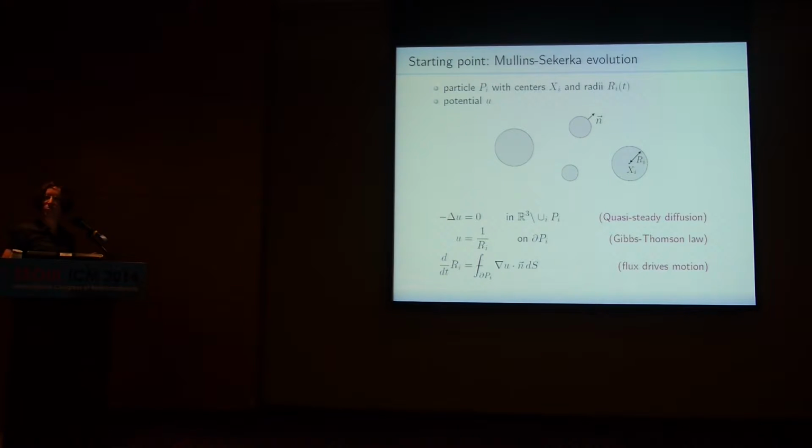So you can think of this problem discretized in time as follows. You have as initial data a system of non-overlapping balls. You solve this elliptic boundary value problem, and then you move the radii according to this law, and then you iterate this process. So this is well defined certainly locally, but then you have potential singularities. The first singularity is that a particle shrinks to 0, but that's not really a problem. It shrinks to 0, and then you remove it and continue with the remaining ones.